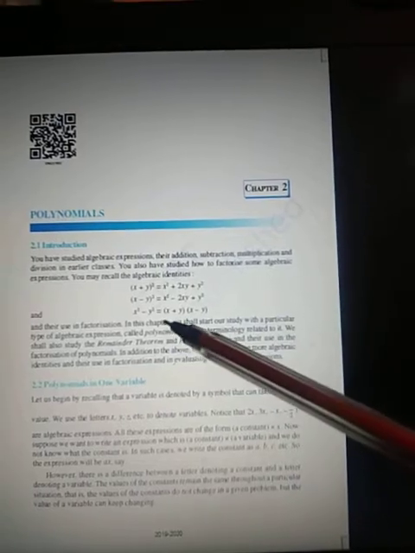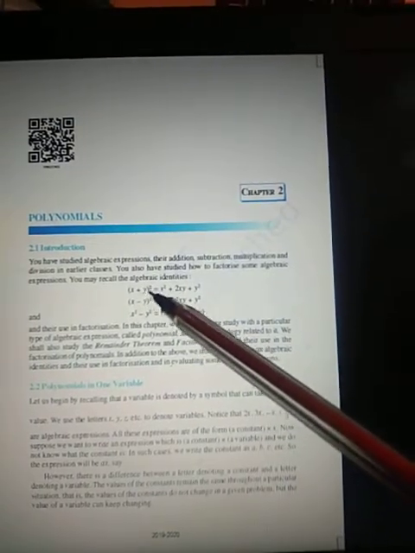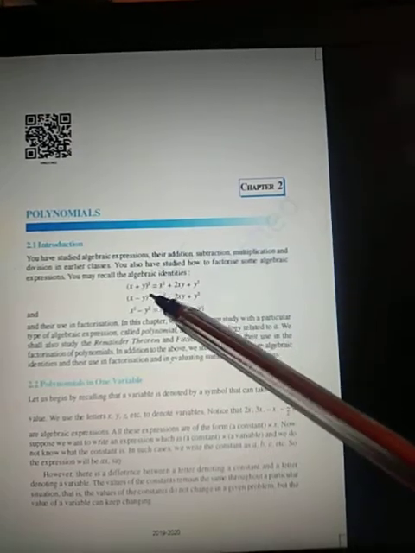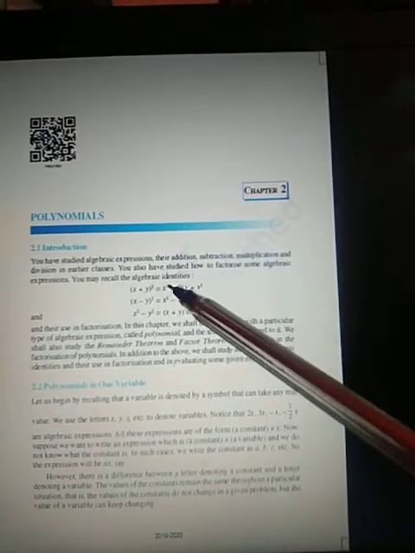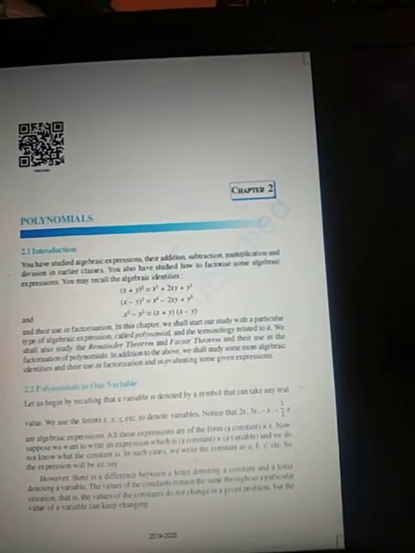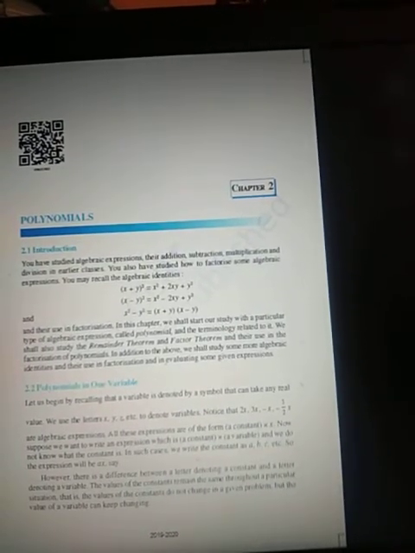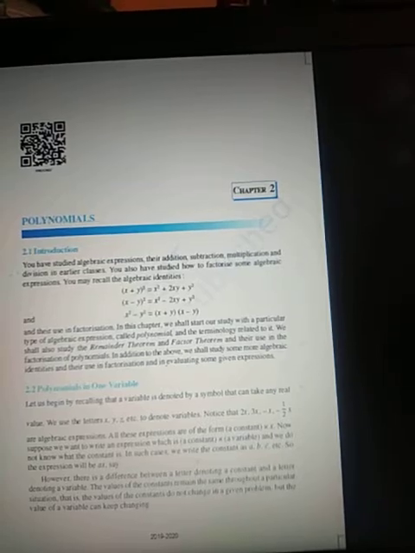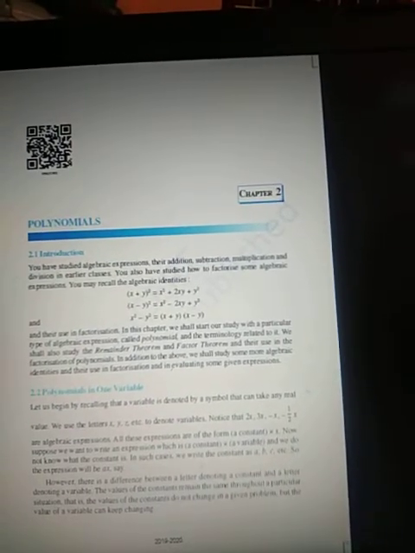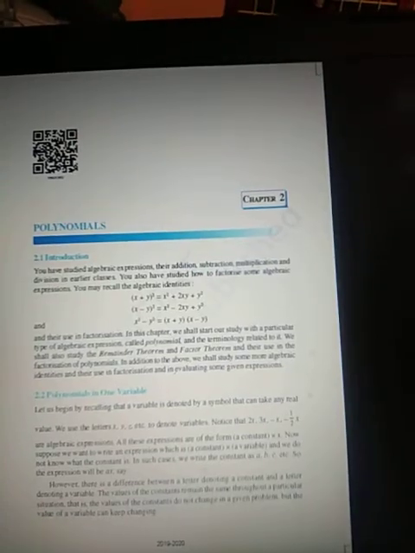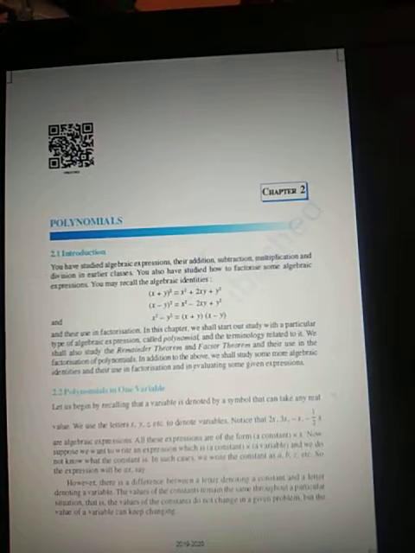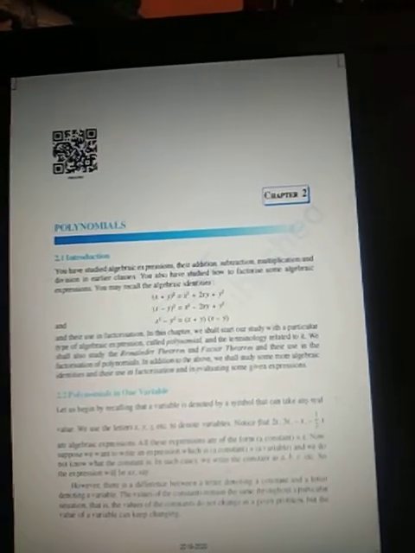These are all algebraic identities, which are also called polynomials. The polynomials consist of terms like x plus y the whole square, x square. These are the algebraic expressions where these terms are called polynomials. There are some theorems which we are going to study in this chapter, called the remainder theorem and the factor theorem. These are used for the factorization of polynomials. It means that we are going to solve the problems in the polynomial functions.